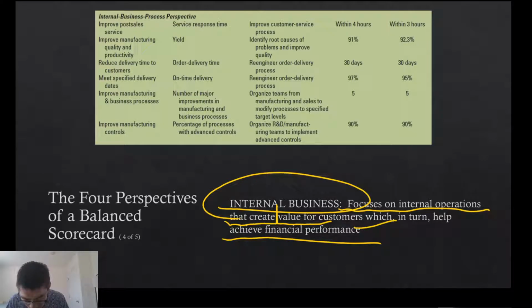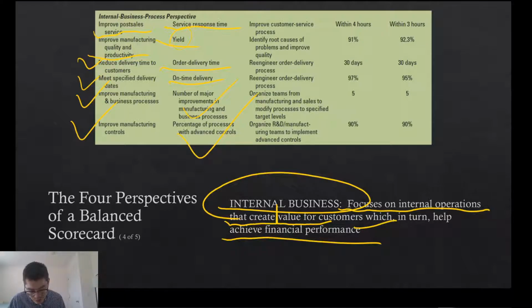And here are some activities. Improve post-sale services, improve manufacturing quality and productivity, reduce delivery time to customers, meet specified delivery dates, improve manufacturing and business process, and improve manufacturing controls. And then the measures are service response time, yields, how much product we're going to produce, and on-time delivery, number of major improvements in manufacturing and business process,